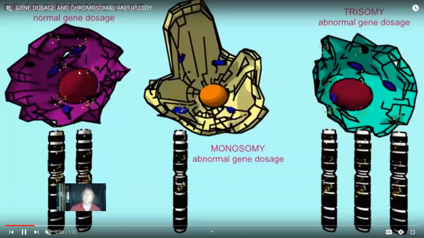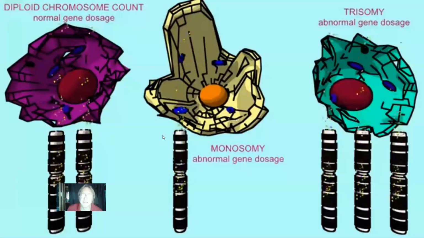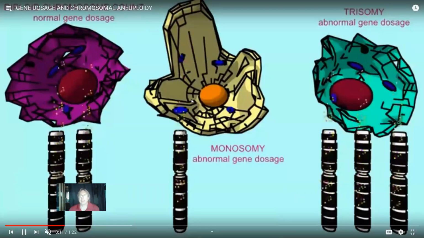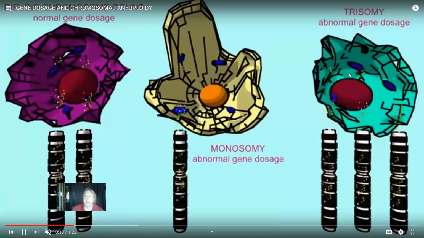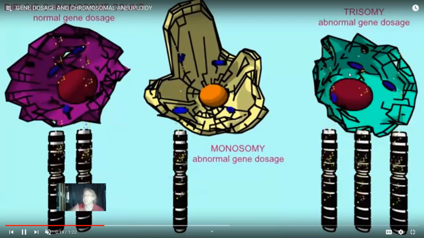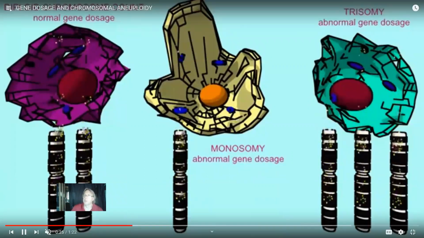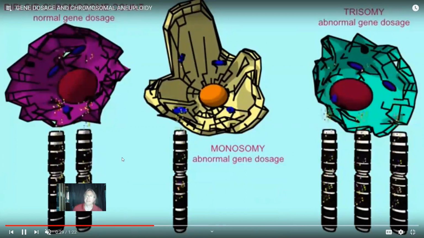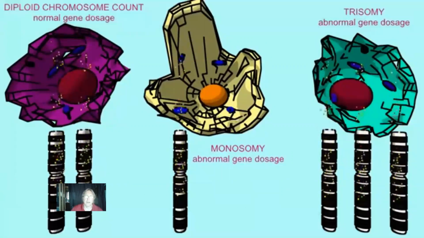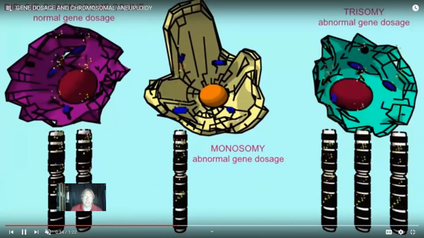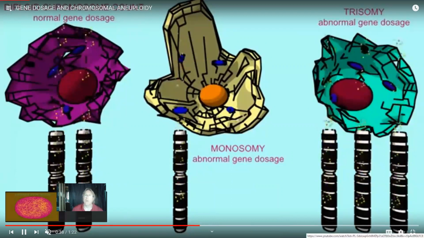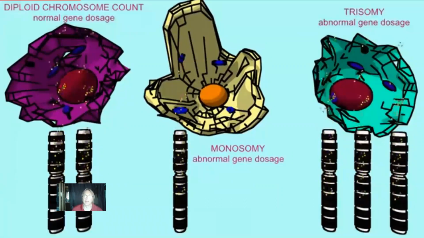So notice that this cell, let's say it has the normal dosage of genes. It has 2 chromosomes, like it's supposed to. It has this much gene product for a specific gene, say the hemoglobin gene. If you were missing a chromosome, you would only have half the normal amount. If you had an extra chromosome, you would have triple the amount. So it turns out that not only making the right proteins is important, but then also making the right amount. How is it that our cells can do this? Okay, well, let's